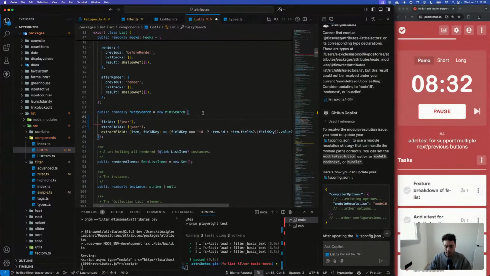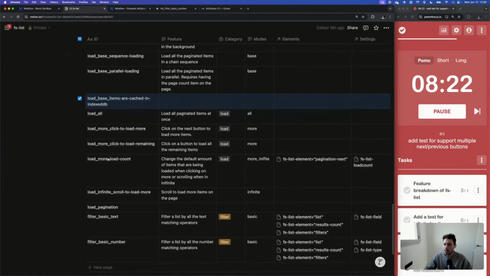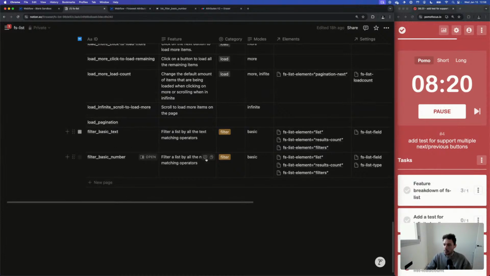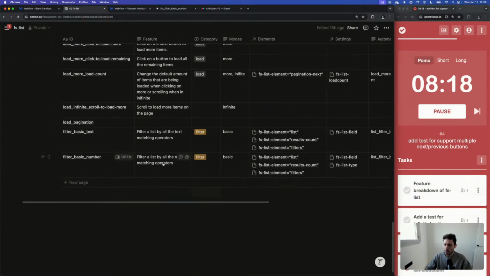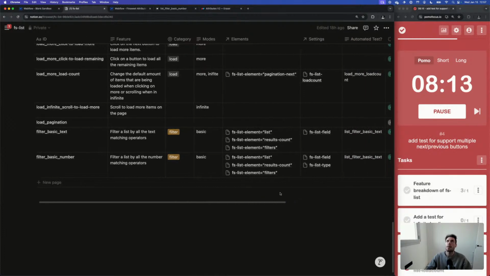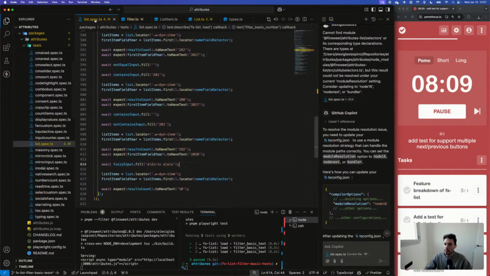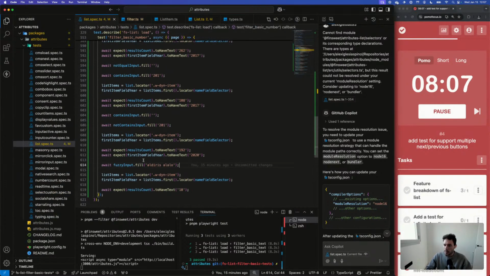So let's add here a to-do: dynamically retrieve the fields. And I need to do this in here. So the filter basic text, the fuzzy, it's missing. Okay, I will do that in a second. Let's finish this test and then do that.